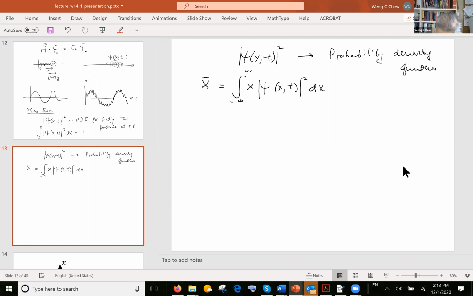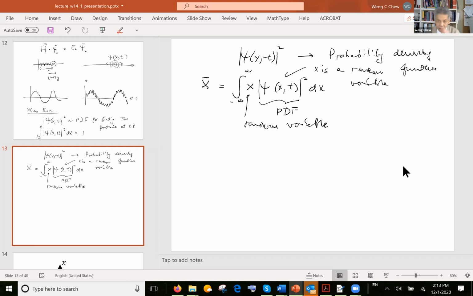As you learn in probability theory, if this is a PDF, a probability density function, to find the average of a random variable, you do this. And x is a random variable now. X is a random variable. And this is also a random variable. Okay, so x is not